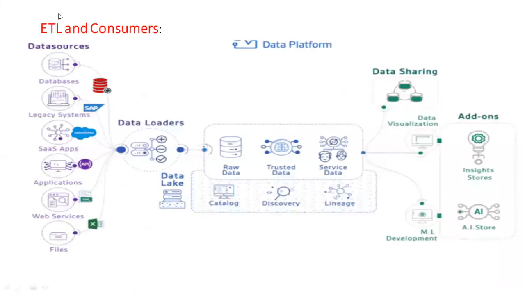And this is a typical ETL project architecture diagram. This is how your ETL works. You have different sources. Your sources can be database, legacy system. We'll discuss it. This is your data loader. Now tell me, this data loader is equivalent to a term which I told you today. What is that? Can you think and tell me? Job. Good.